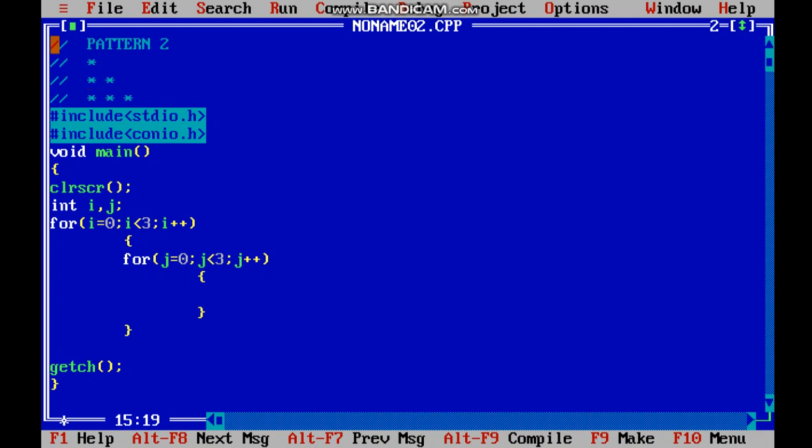Okay, now what I see, I got 3 rows and 3 columns, but how can I assign asterisk? That can be done by using an if statement. See guys, in the last video we used the printf function right here and it printed asterisk everywhere, but this is not the condition this time. This time in the first row 2 asterisks are missing, in the second row 1,